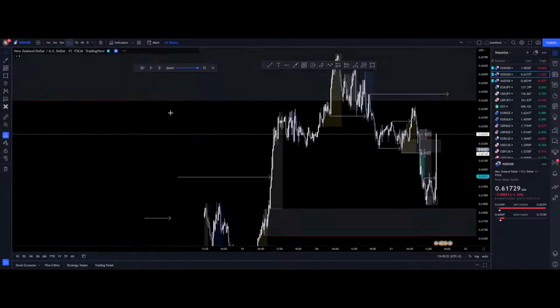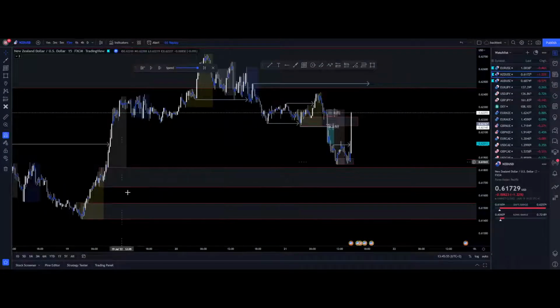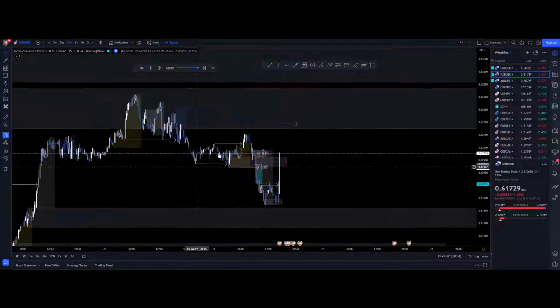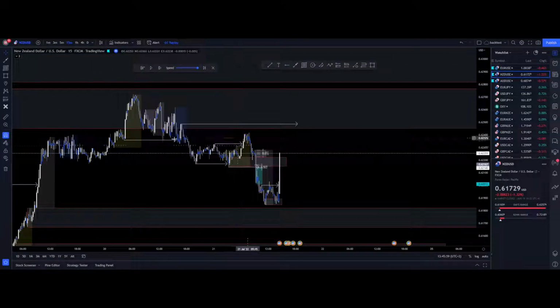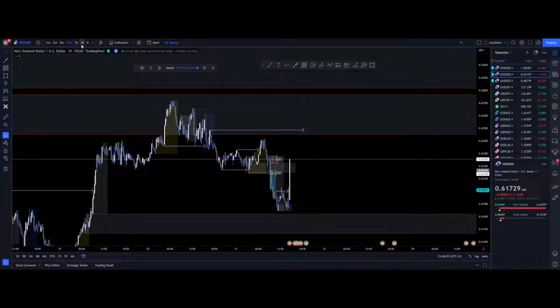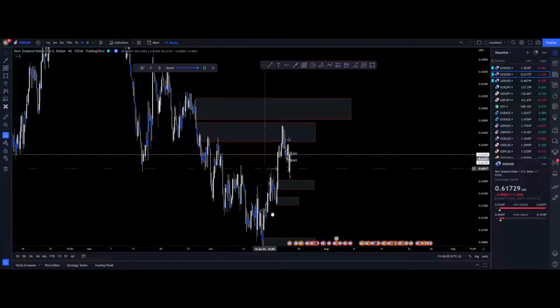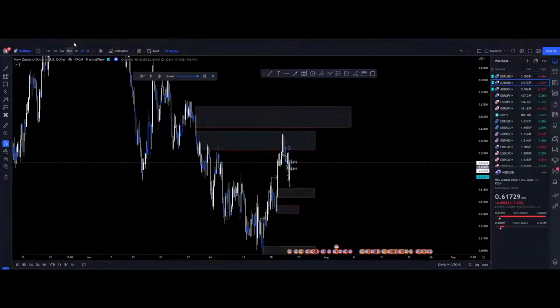So basically what we're doing is we're getting important points of interest, where we can see some nice movement happening over here. Then we know we might be in a correction or we might be in an impulse. So I check on the higher time frame first. Where are we at right now? We had the correction, we had the impulse, and I think right now we were in a smaller